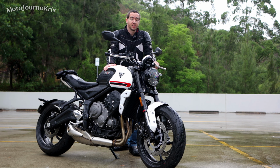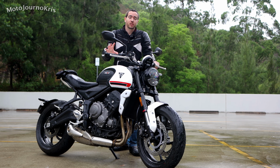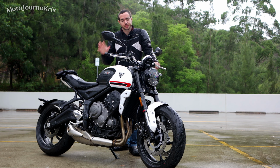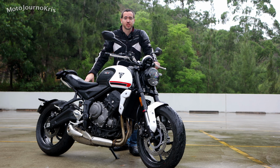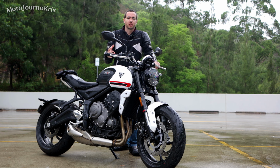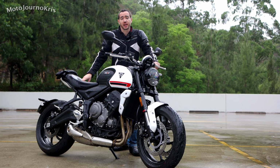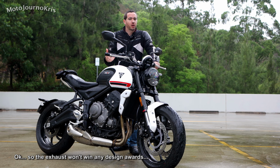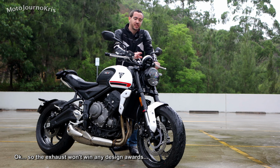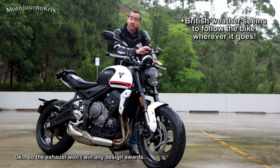This engine I definitely think is up there with the best of them, and certainly the electronics are really, really well done. In conjunction with that, with the traction control and the ride modes, not overly complicated, but something a little bit more than most of the competition. The finish quality being a Triumph is really, really good, but with most of the competition, I wouldn't say generally it's bad, but there are no details which really stand out to me on this bike as being cheap, whereas on most of the bikes, there's little bits and pieces that I can pick out. There's also some nice extras, the color TFT style dash, LED indicators, really nice to see,